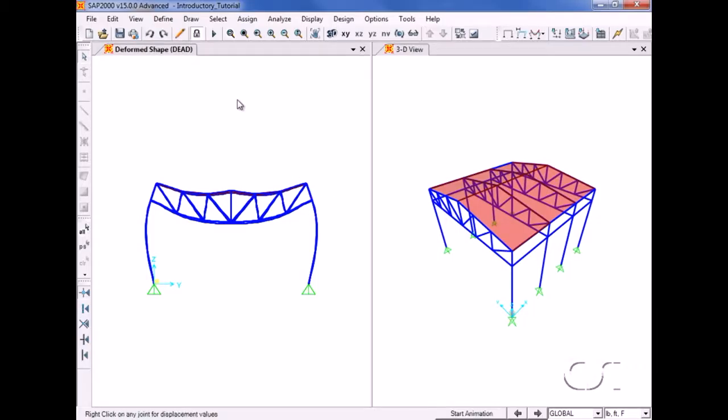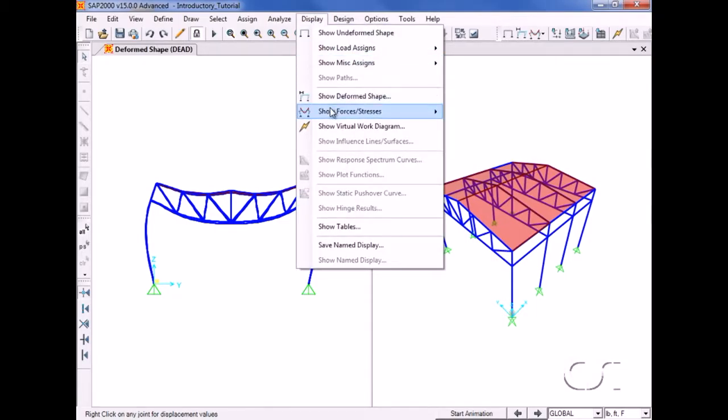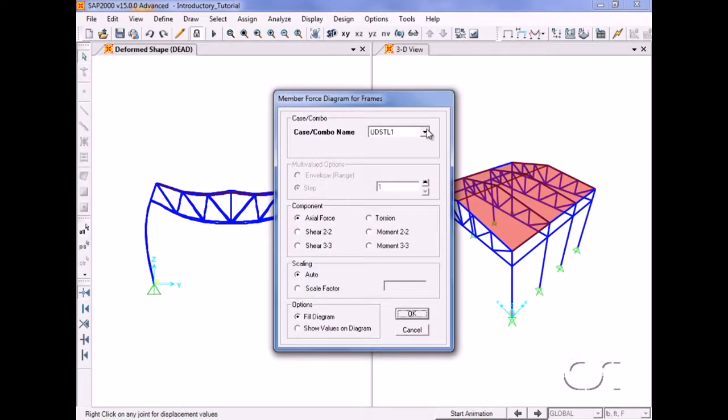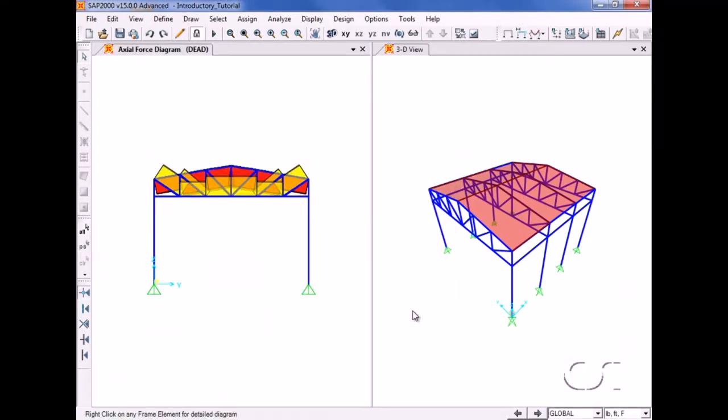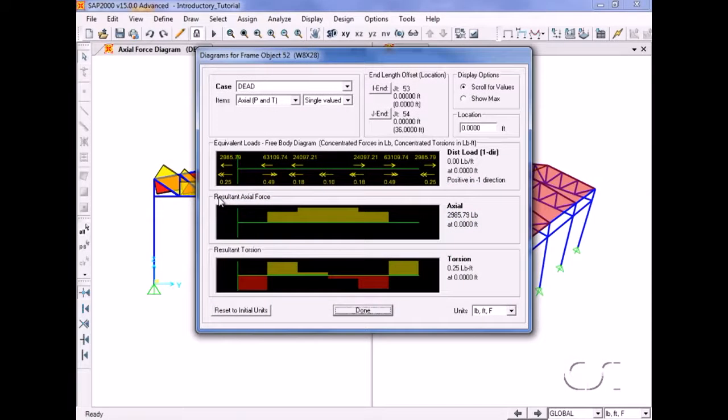Make sure that the left window is active and click on the Display Show Forces command and select frames. 量的力量，Here you can choose the load case, 选择不同的 load case, and type of force to be displayed. 按静载，然后看静载。A right mouse click on an individual member 可以按随便一个 member 按右键 will bring up detailed force diagrams for that particular member. 你可以看到它的载重状况。